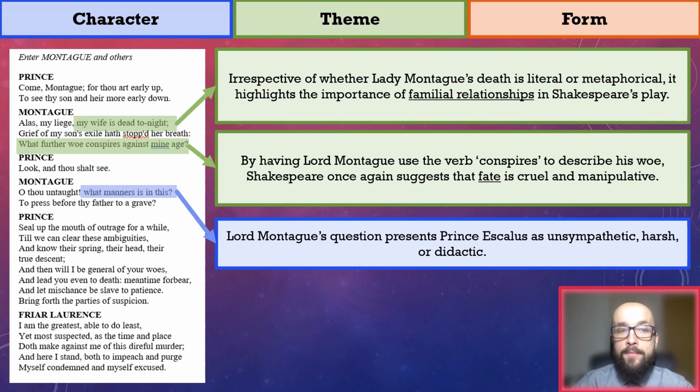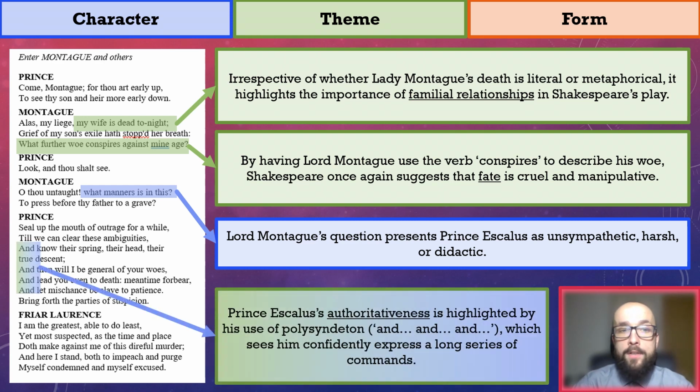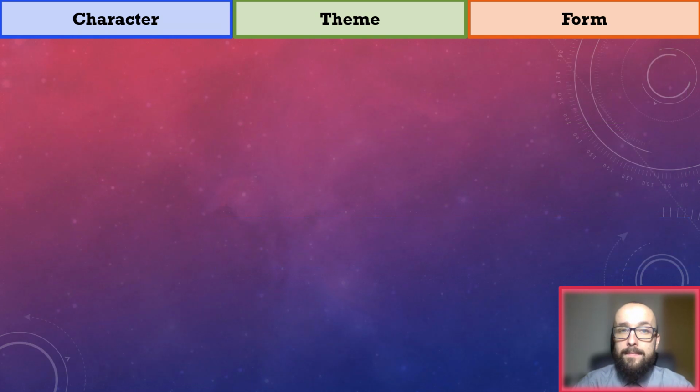Last, I am drawn to Prince Aeschylus's use of polysyndeton in the second half of this mini-extract. Once again, it sees Shakespeare highlight the prince's authoritativeness because the polysyndeton enables the character to confidently express a long series of commands. In a lengthy speech, Friar Lawrence then explains to Prince Aeschylus exactly what has led to the